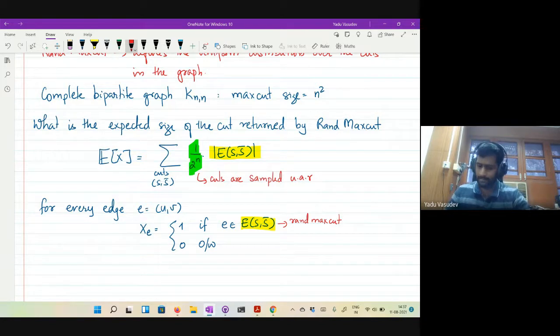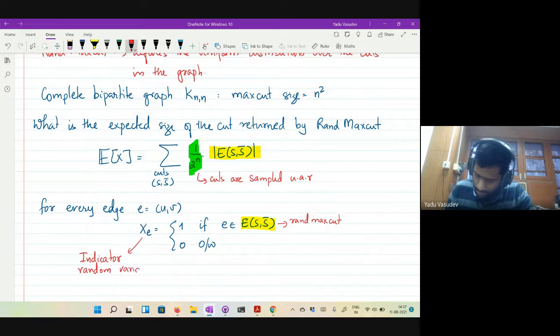or not. Such random variables are sometimes called indicator random variables. They're called so because they indicate whether an event has occurred. Indicator random variables typically try to capture whether a particular event has occurred.